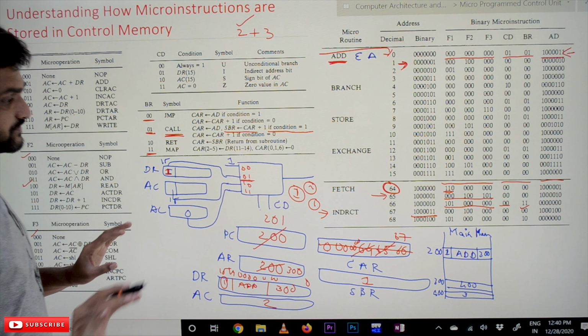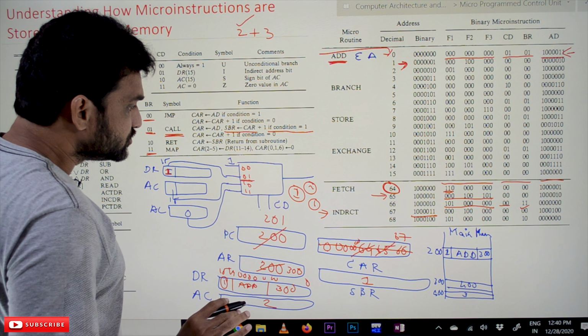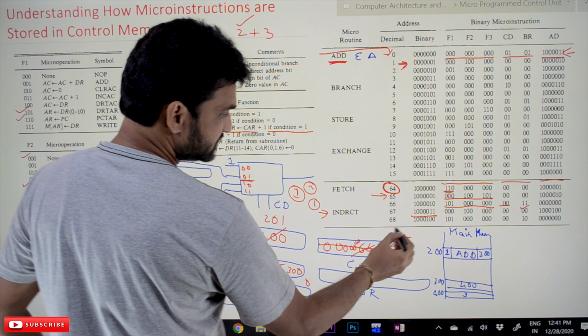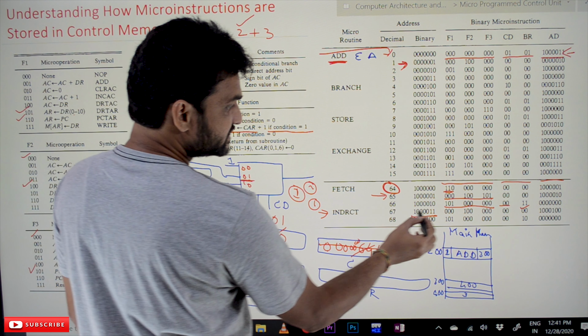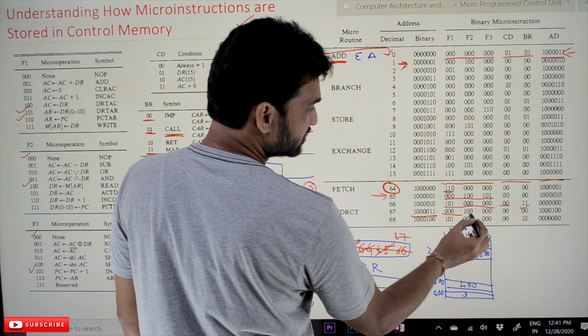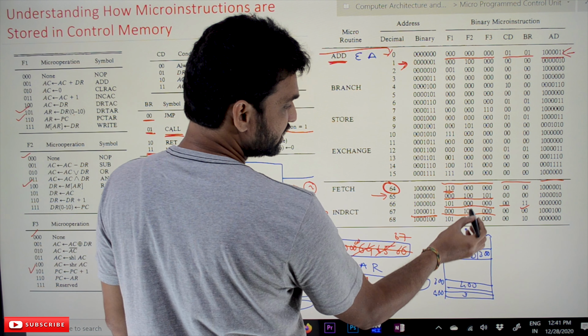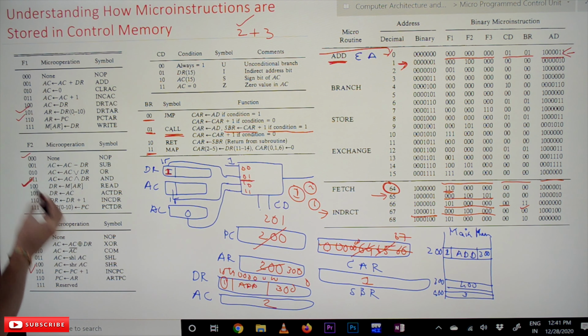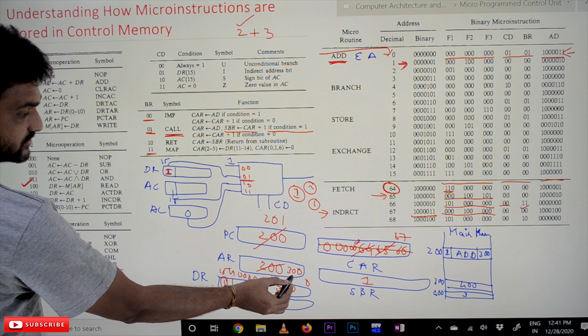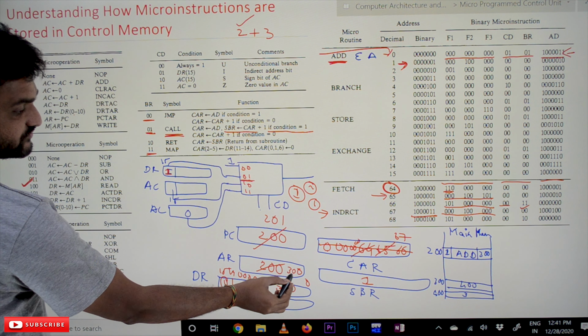Okay, so now 67 is there in the control address register. What does this 67 consist of? See here, these are the control words. In this only F2 is there, it is 100. F2 100 means the address register value. So the address register value is 300.